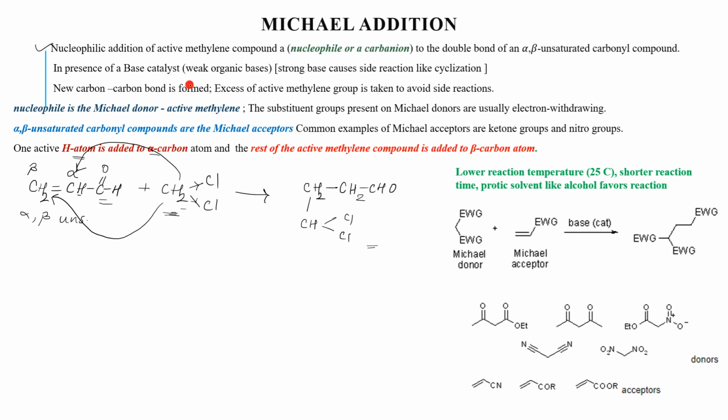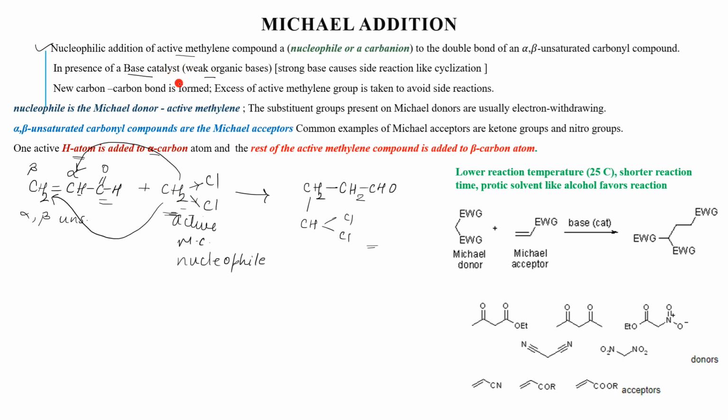Now, what are the details of this reaction? First, this is a nucleophilic addition reaction of an active methylene compound. So, this is your active methylene compound. And this compound is going to act as a nucleophile because we are removing hydrogen. After removing hydrogen, what is left? A carbanion is left. We'll see that later. This is carried out in presence of a weak base, because the proton becomes acidic and is very easy to remove. That is why a weak base is used.